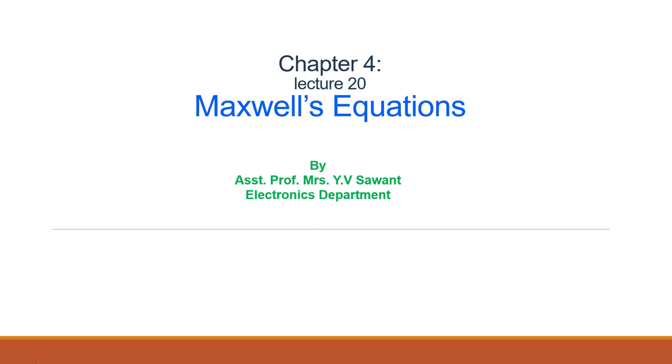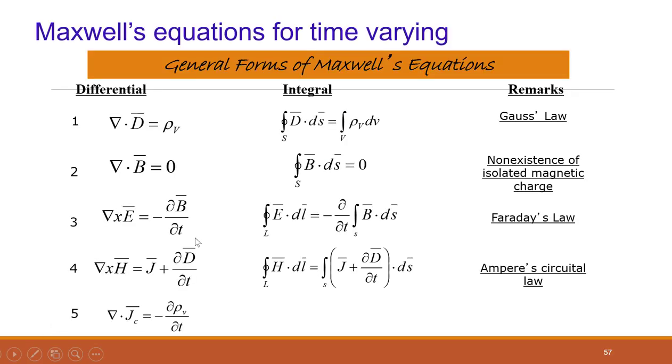In this lecture, we are going to study Maxwell's equations based on time varying fields, which are applied for different media also. In the last lecture, we have seen the general Maxwell's equations for time varying fields. The first equation is based on the Gauss law, that is del dot D is equal to rho V, and its integral form is closed surface integration of D dot ds is equal to triple integration of rho V dV. The second equation is based on the magnetic field, that is Gauss law for the magnetic field. Its integral form is surface integration of B dot ds is equal to 0, and point form is del dot B bar is equal to 0.